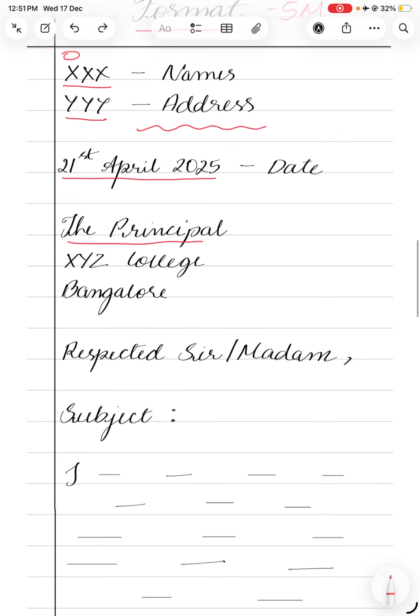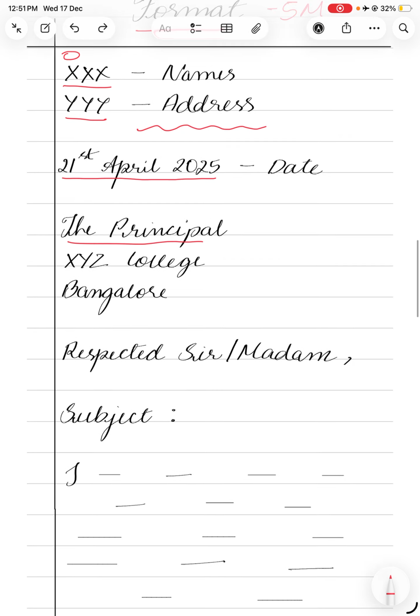Next comes the body of the letter. So you are going to write the body of the letter. Like I already told you, this is written formally. You are not writing it to a friend, you are not writing it to a relative or any family member. So make sure that the body of the letter is, first, very polite. The tone should be very polite, and make sure that you are requesting, not demanding. Okay, so you are not supposed to demand anything. So the body of the letter must be like this. It must be short.